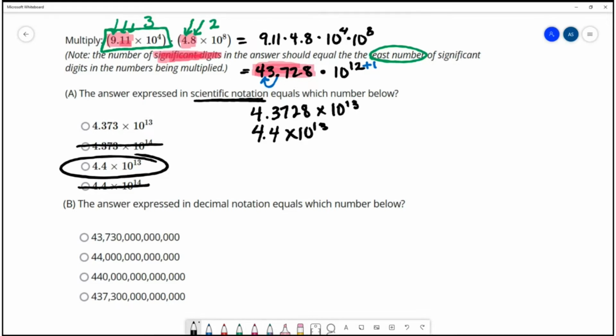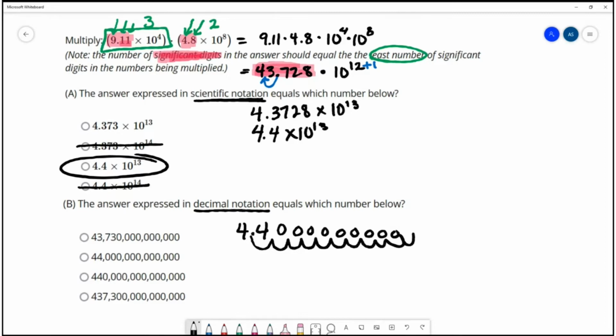We also want to write the decimal notation of our answer. So that's expanding the scientific notation to the decimal format. We have 4.4 times 10 to the 13th. We're going to move that decimal point 13 places to the right. So that's 1, 2, 3, 4, 5, 6, 7, 8, 9, 10, 11, 12. So that was 4, 4 with